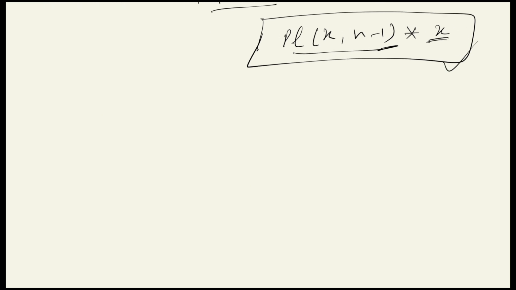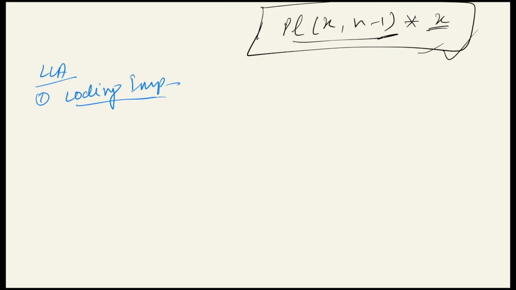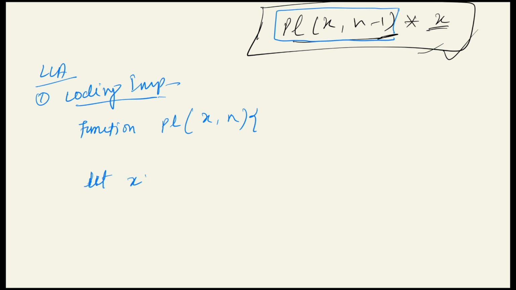which inside our low level approach we will implement. Okay, so we will work on this statement here, low level approach. Inside low level approach we will implement coding implementation. So inside coding implementation, we will write function PL of x comma n. Okay, body open, and here first of all we have to find out power linear of x power of n minus 1. So okay, so here what will be the code? So here we will let x power of n minus 1. Okay, so here it will be like PL of x comma n minus 1,